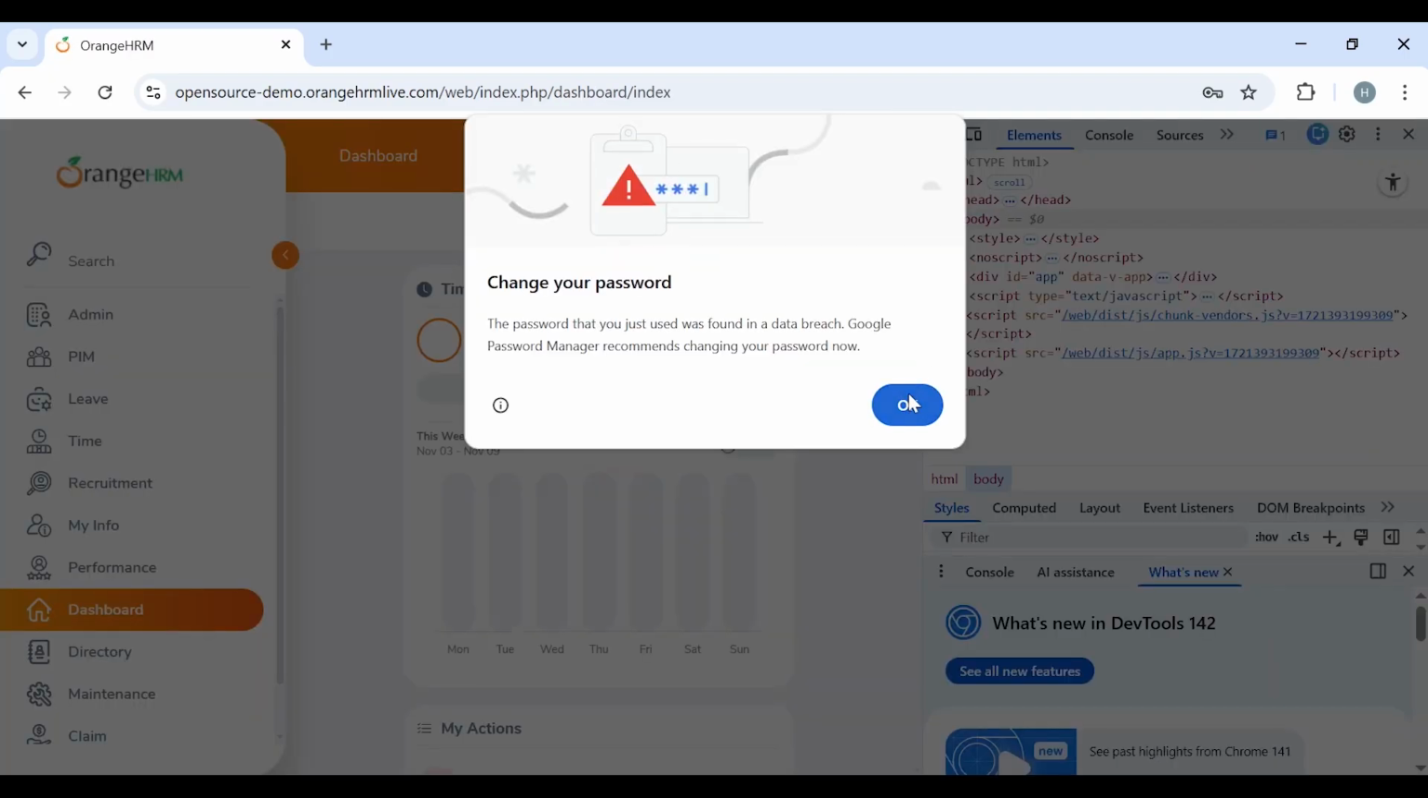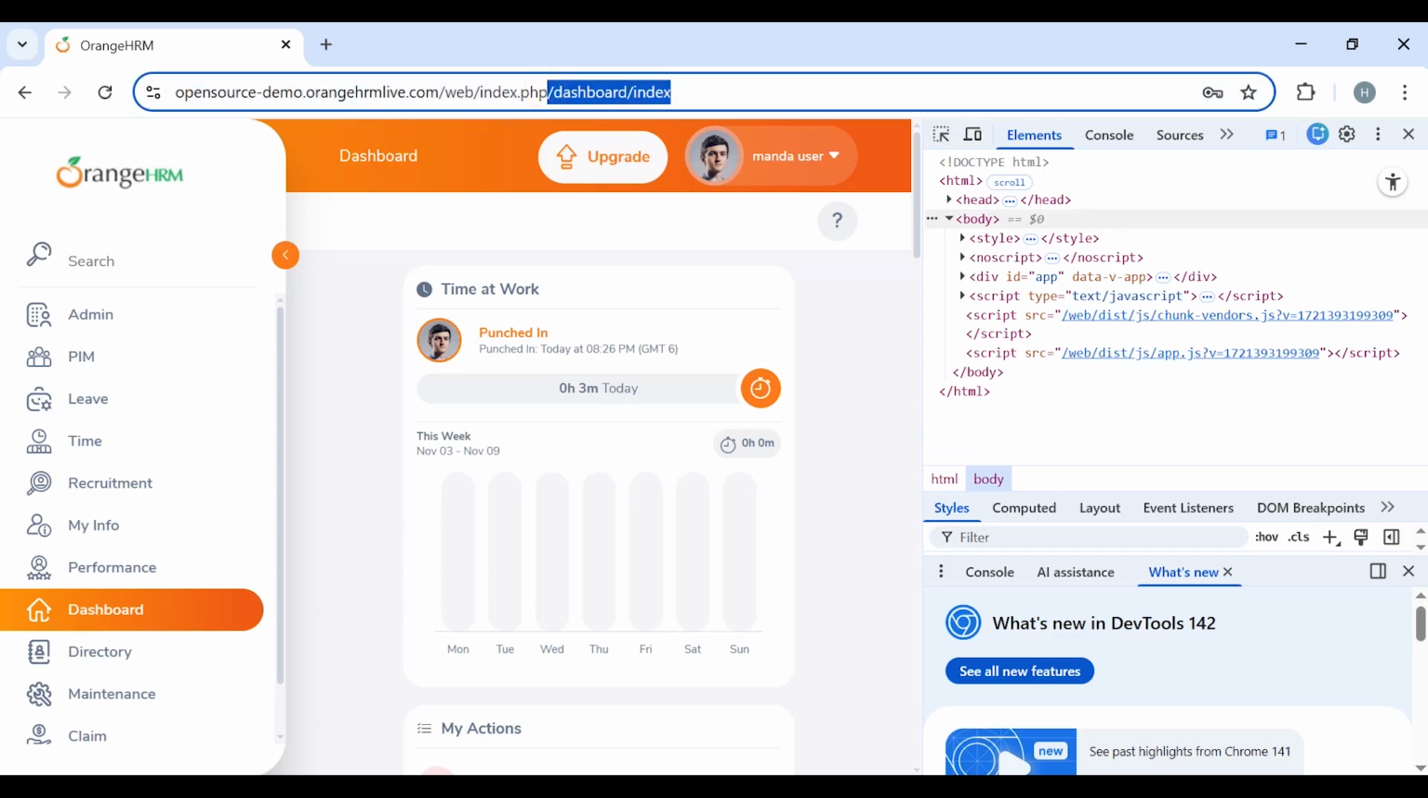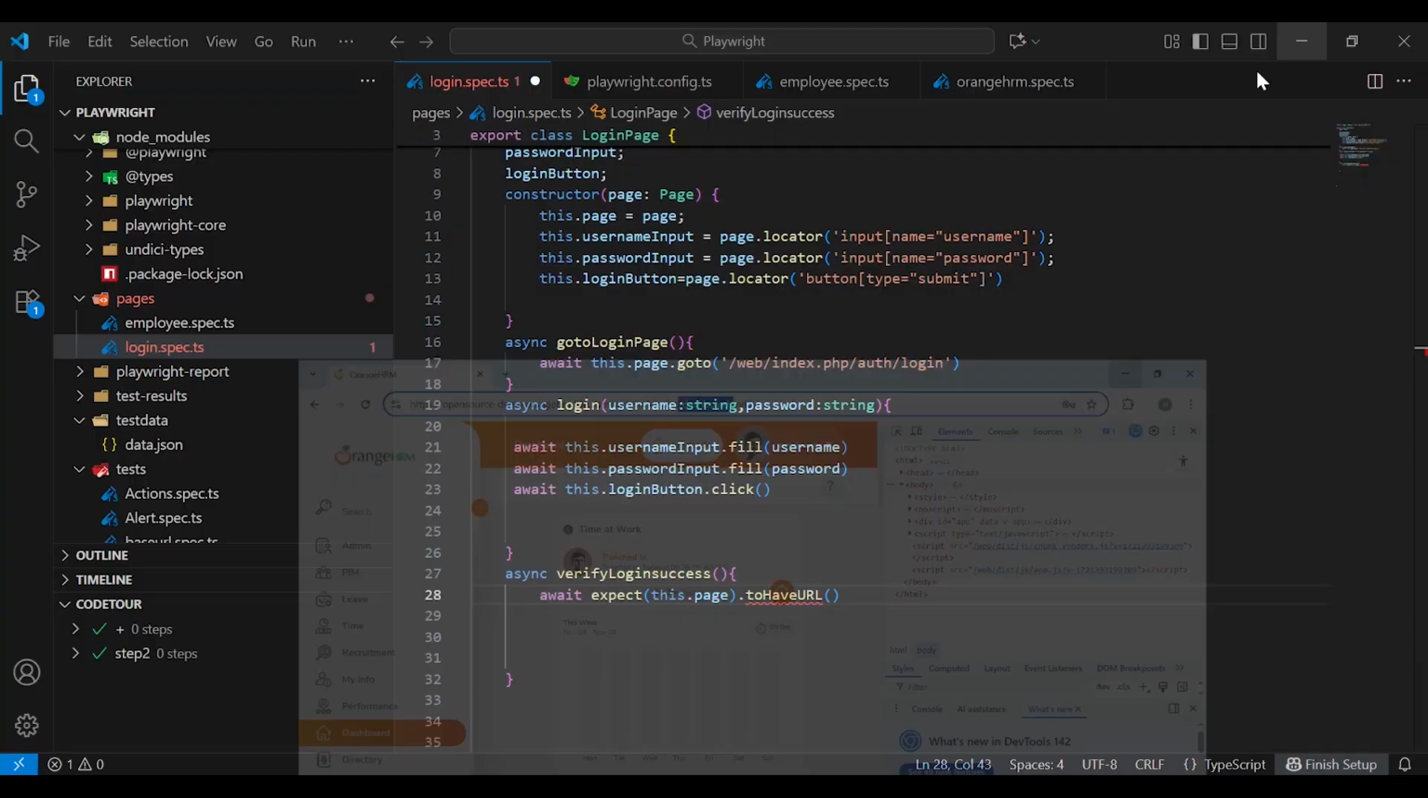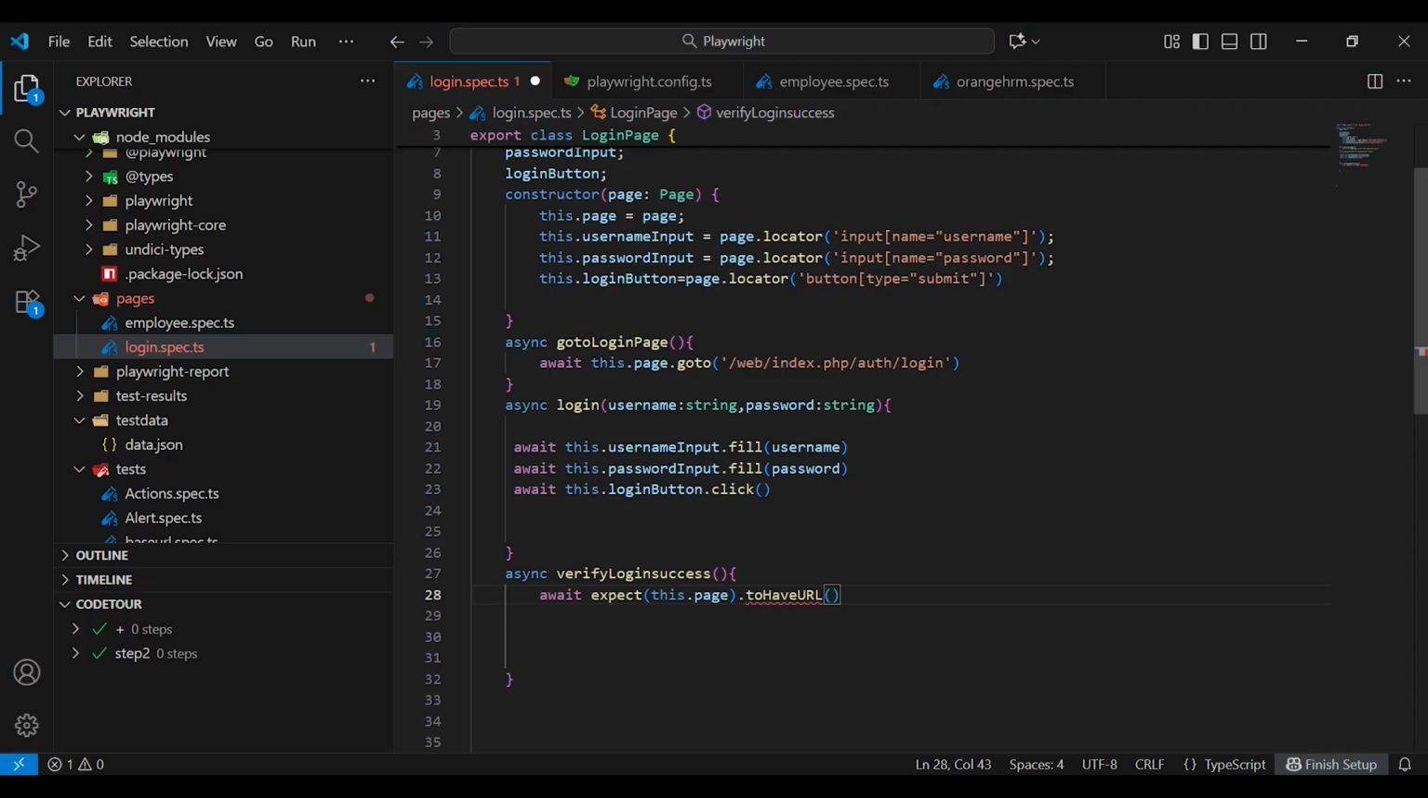Open this URL and this slash dashboard should be displayed in a URL. Enter here slash dashboard slash. Now save this file, and